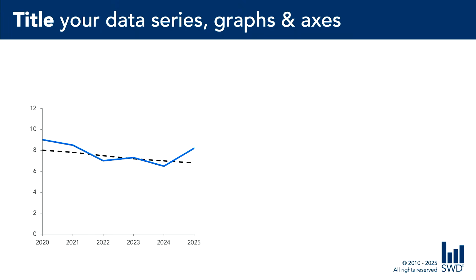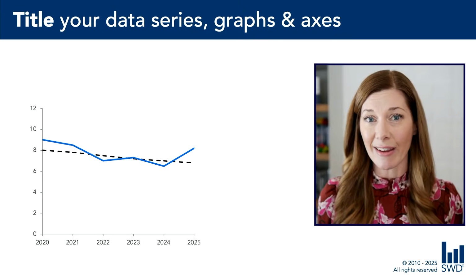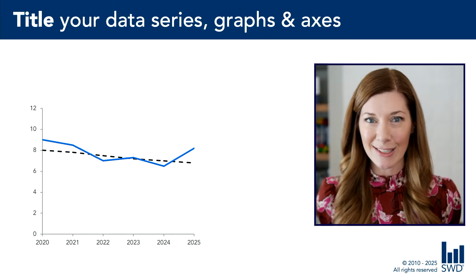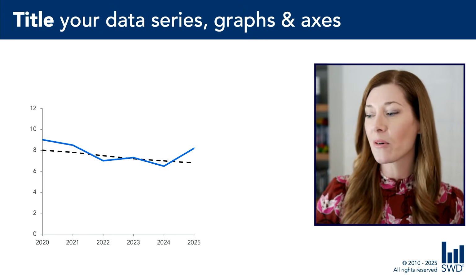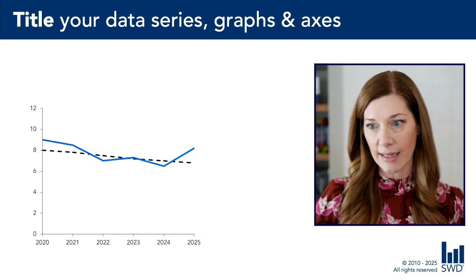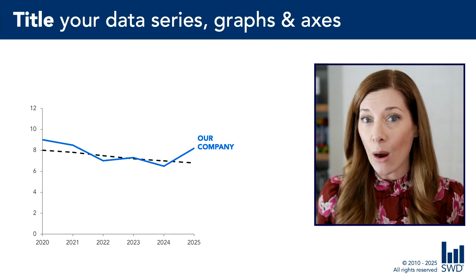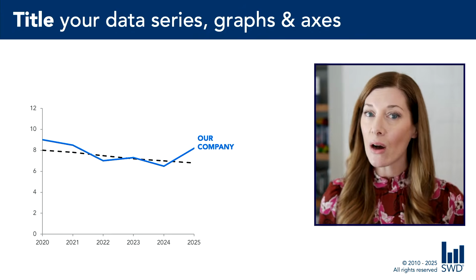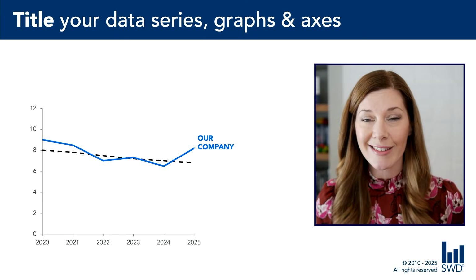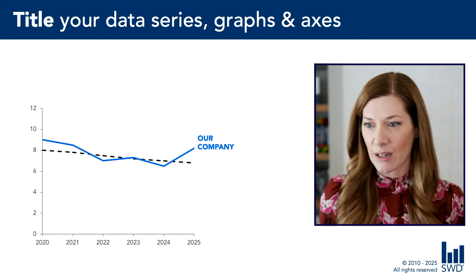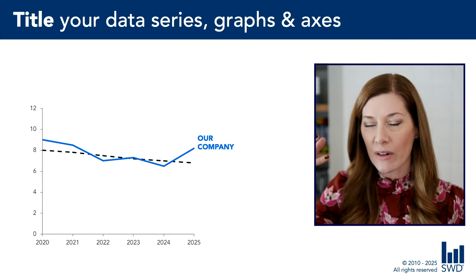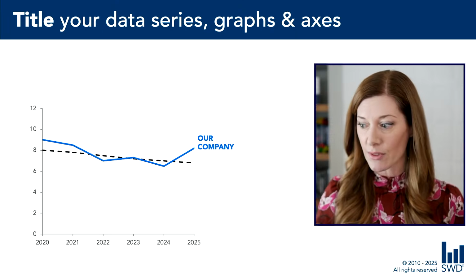Here, we could be looking at anything. I made this graph, so I know what this data is, but do you? No, you have no idea. Check out what happens, though, as I start to add details. Once we see that our company is the blue line, now we already have enough information to start making some assumptions. Maybe I'm supposed to compare it to the dotted line there, or maybe the dotted line is a trend line. This is the sort of brain power that we don't want our audience to have to use,